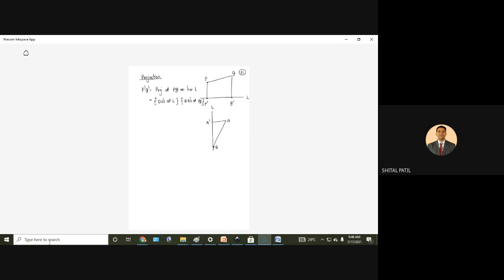Okay, from B, I have to draw the perpendicular, which will be the same only. So A dash B. What is A dash B? The projection of AB on L. So how can we find this? Direction cosines of which one, and direction ratios of which one? Tell me what to take. Our aim is to find the projection on L, so direction cosines of L. Whose projection? Of AB, so direction ratios of AB. Please remember this.